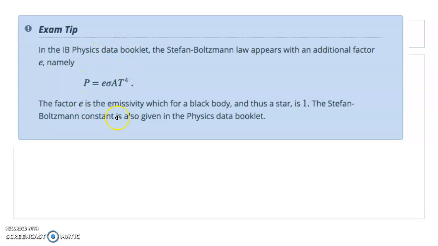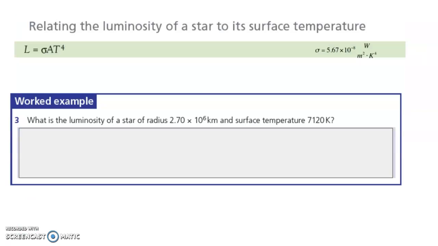So we can find luminosity from power equals emissivity times the Stefan-Boltzmann constant times area times temperature to the 4. Okay, for a star, we assume that the emissivity is 1. And the Stefan-Boltzmann constant is the same as in topic 8. Have a quick practice of that equation just to remind you. If the luminosity is the Stefan-Boltzmann constant times area times T to the 4, what is the luminosity of a star of radius 2.7 times 10 to the 6 kilometres? Remember to convert that. And a surface temperature of